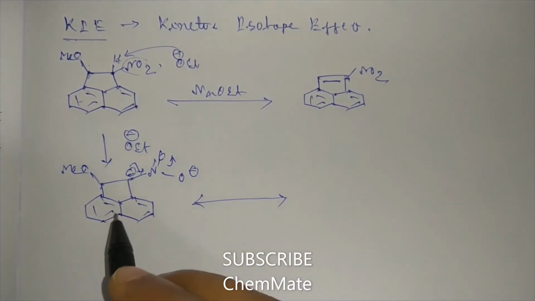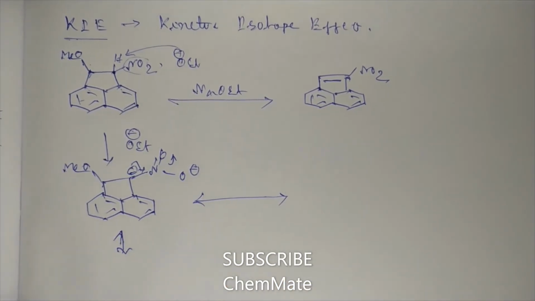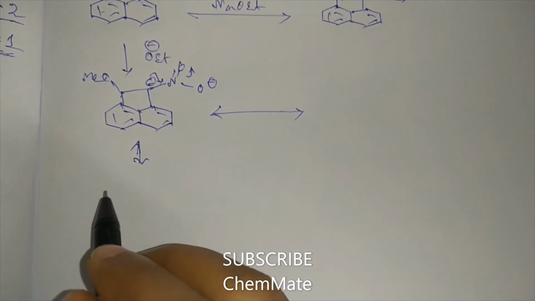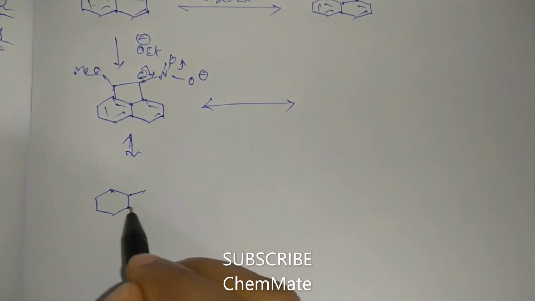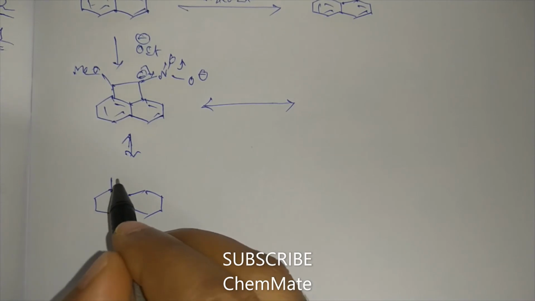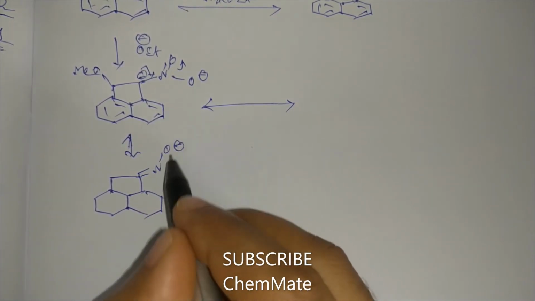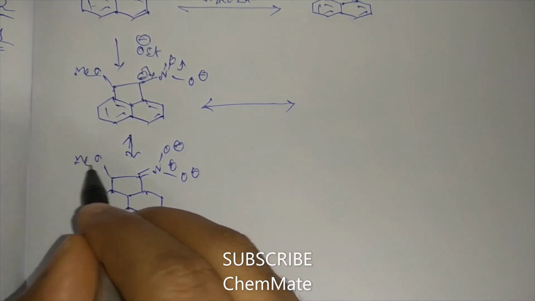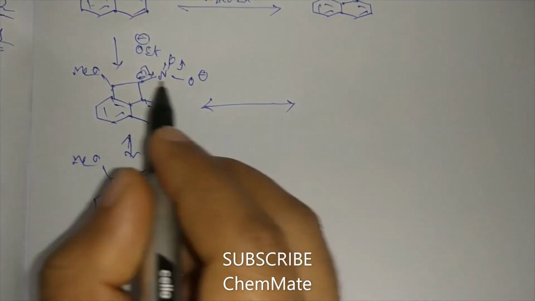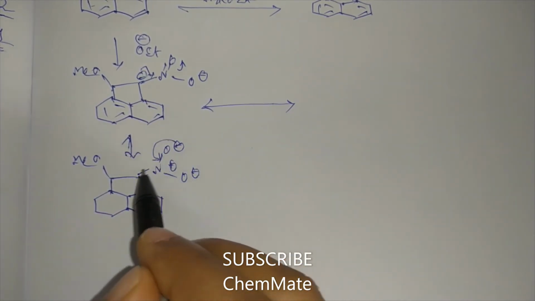So if we draw the resonating structure, double bond N, this. So this is a resonance stabilized anion, and which then